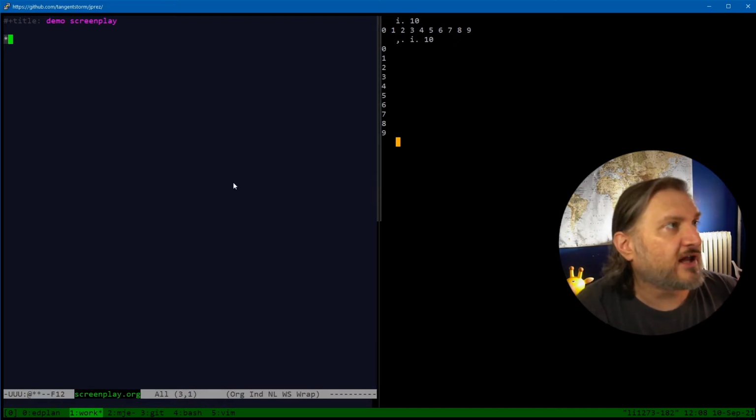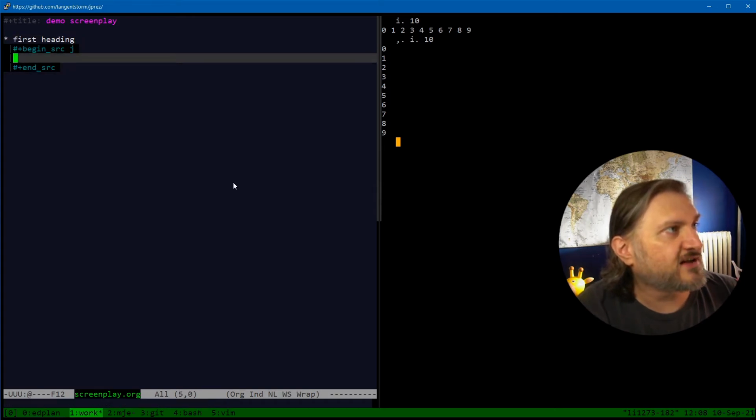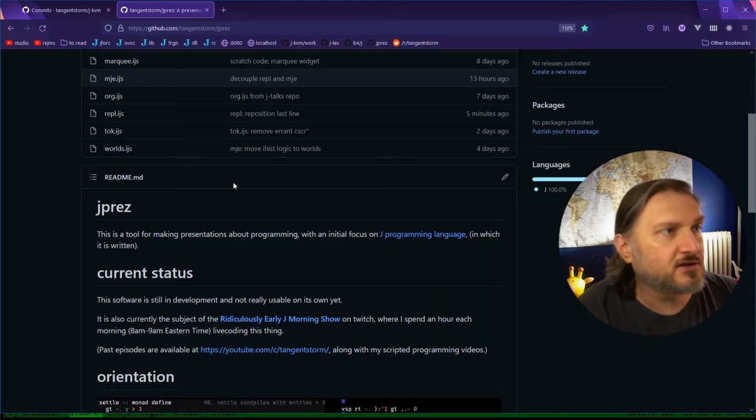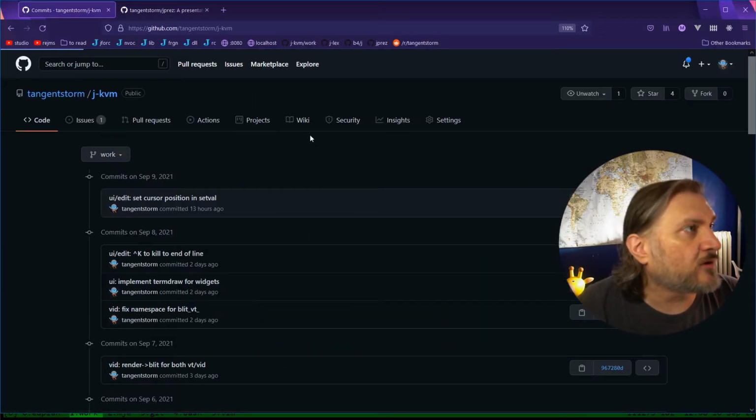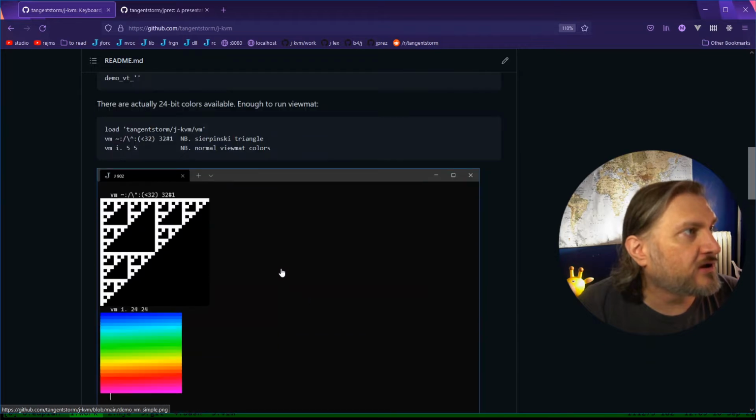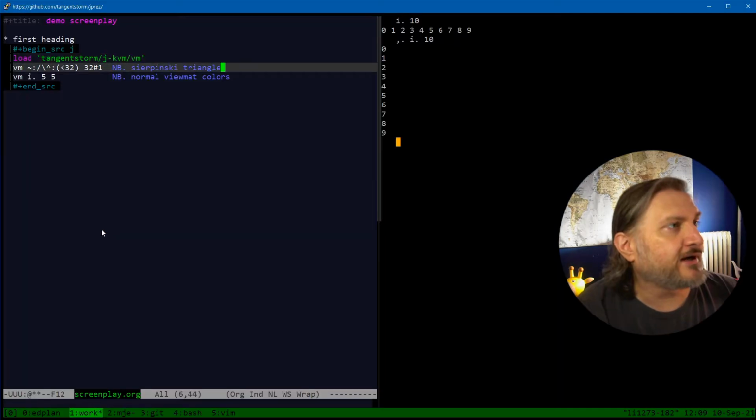So headings are just a star in front of it. So first heading, and then if you use this little block, the syntax here, you are able to put in some code. So I have some demo code right here on JKVM, which is my keyboard library. So I'm going to go ahead and put in this as my demo. Yeah, so this is going to show up